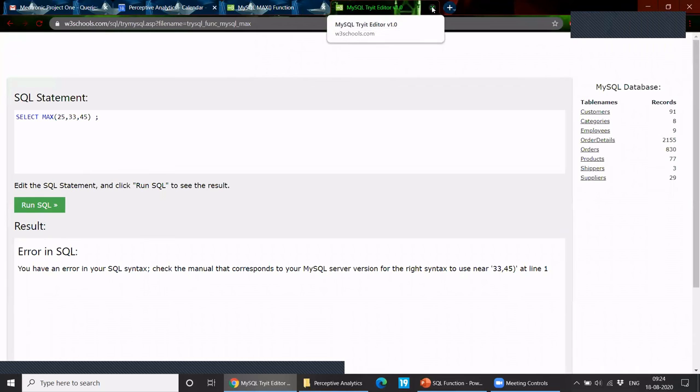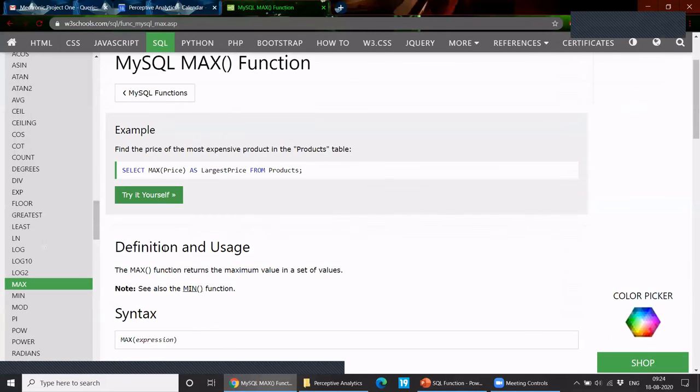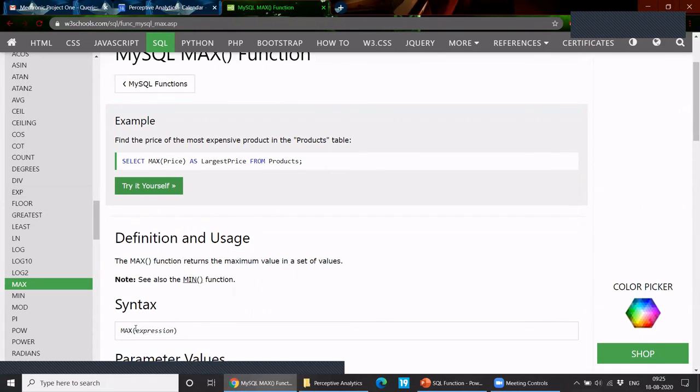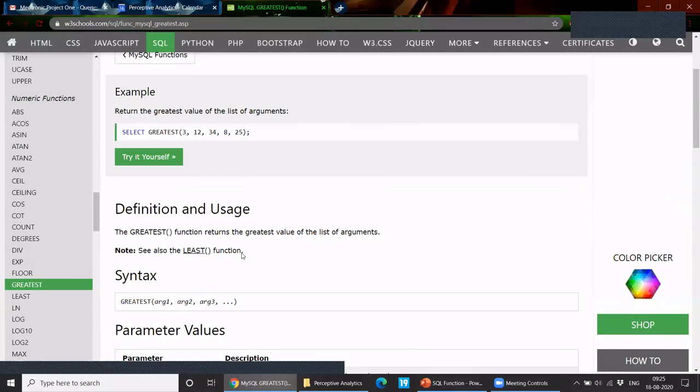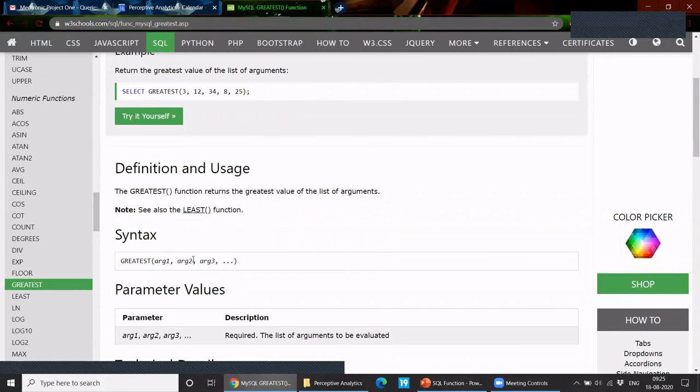Great. Understood. So the second case that you were saying, Jagadish, will max work in that case, or will it not? Across columns, max will not work. Across columns, you have to use greatest and least, only those two. For max, you can give only one expression. If you see the syntax, it is max and the expression, so in the expression you can give only one column. But if you go for greatest, you can give multiple arguments with comma separation.